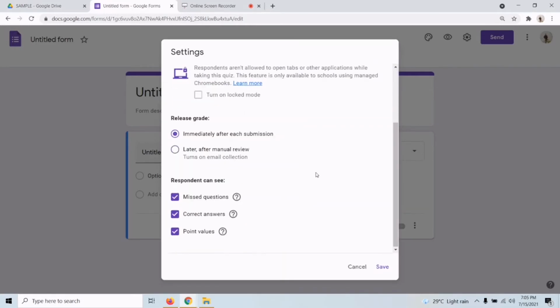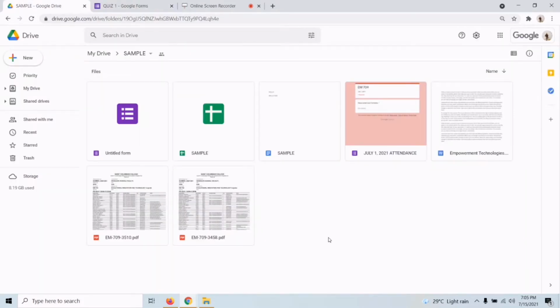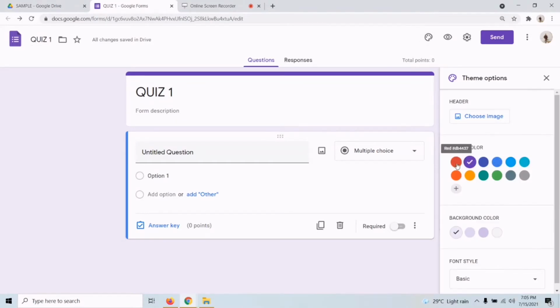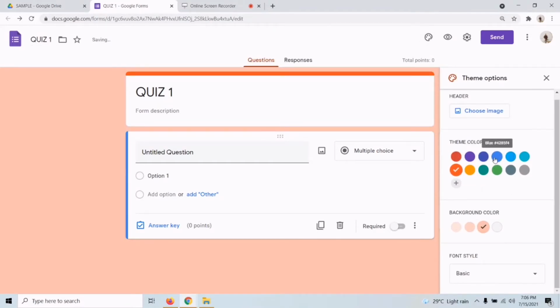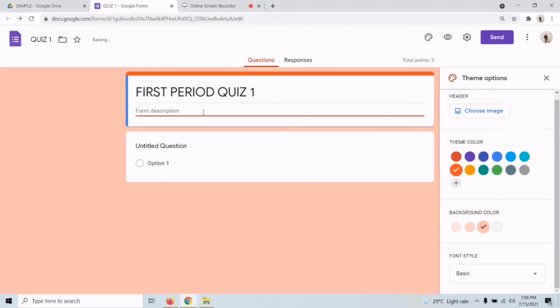Okay, and then click save, and then of course we name it. Okay, and as you can see, another form is going to be saved right inside our Google Drive. We can change the color again. I'm going to select these colors, and then okay, and this is where